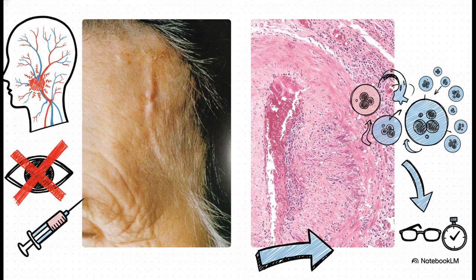This is giant cell arteritis. On the left, you see the clinical sign, a tender, inflamed temporal artery on an elderly patient's head. On the right, that's the pathology. You can see the granulomatous inflammation with giant cells. This is a classic large vessel vasculitis that we must diagnose quickly so we can give steroids and save the